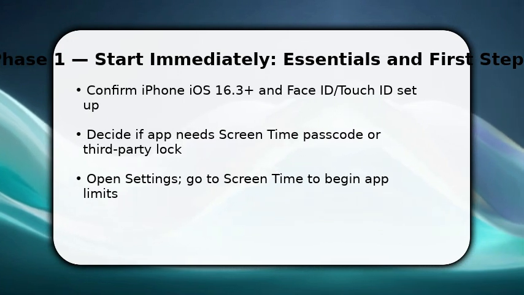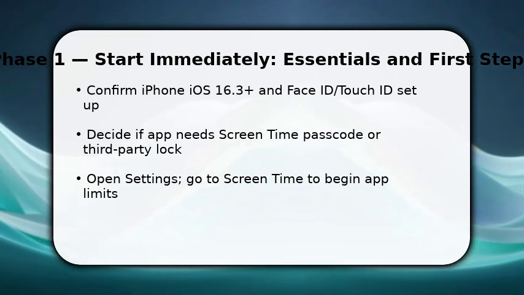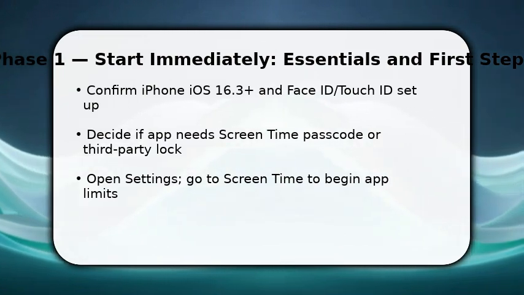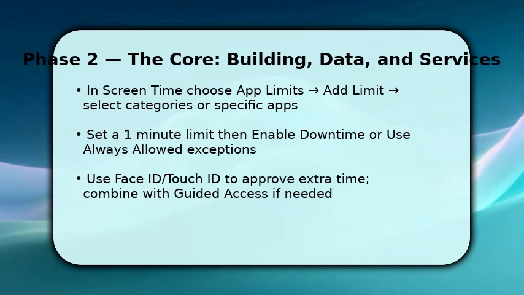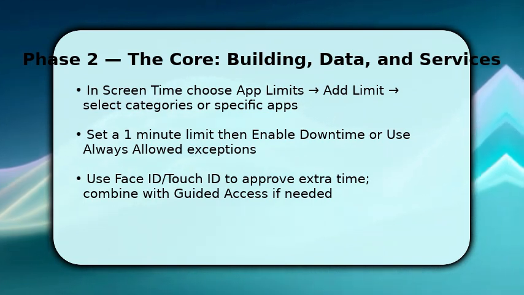Then open Settings and jump straight to Screen Time. This is where you'll create the actual restrictions that act like a password. Once in Screen Time, tap App Limits and Add Limit. Select individual apps or full categories, then set a short daily limit such as 1 minute to force the passcode